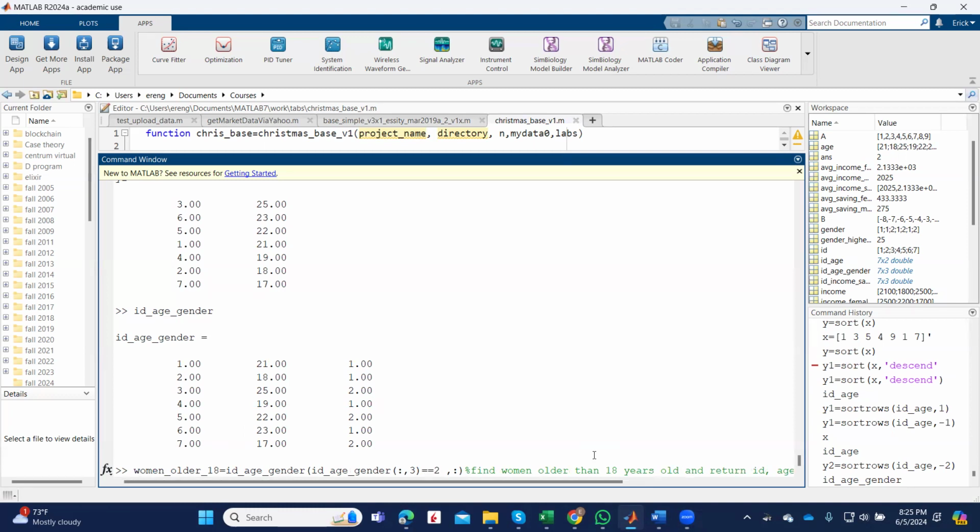But now I have an additional constraint, because I not only want women, but I only want women older than 18 years old, right? So it is an and condition, right? So that's where we use the logical condition. And